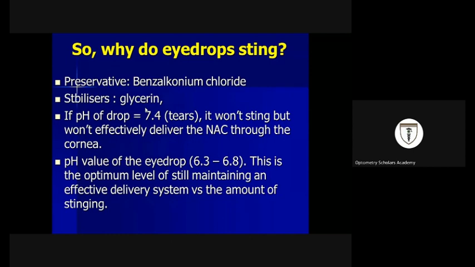If it is equal to the pH of the tears, it won't sting, but if it is different, it will sting. So the pH of eye drops is usually between 6.3 to 6.8